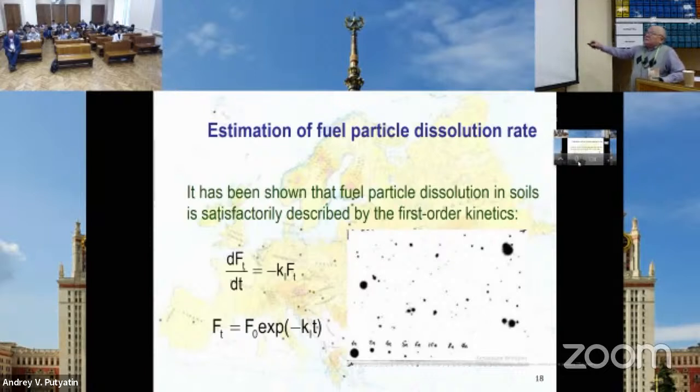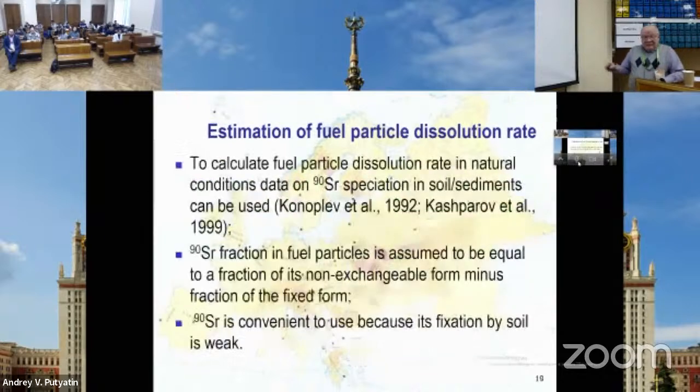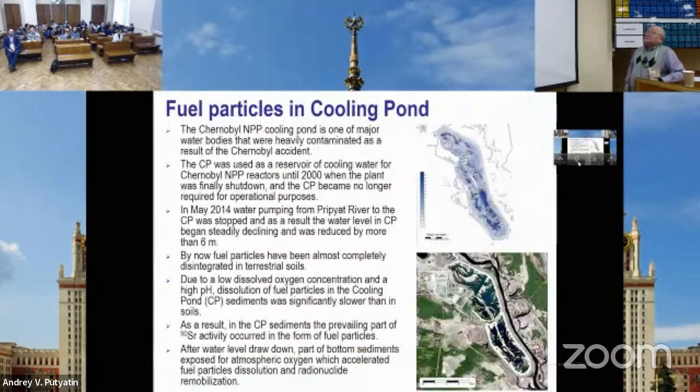And here you can see the air filter with fuel particles on the air filter. This is the image of so-called autoradiography. Okay, this is just explanation. But actually the main process of